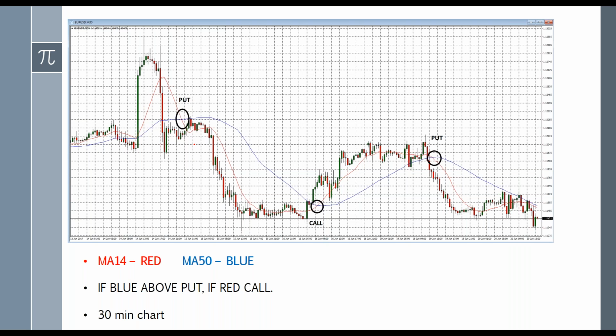So basically, every moment that the blue line meets the red line, we should open a position. Let's see what happened, for example, over here. If we would have opened a position at the moment that the red line broke the blue line, it told us the market flipped to a bearish market, and this is actually what happened over here. But on the other side, when the red line passes the blue line, it means that it's a bullish market, and we can see, in fact, that the market really went up, and the other way over here.